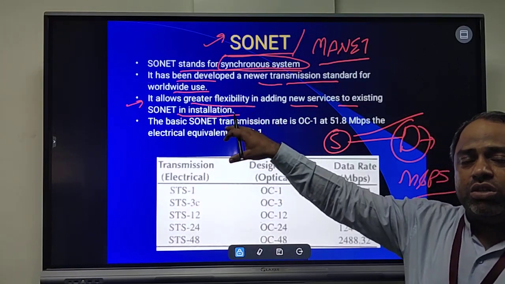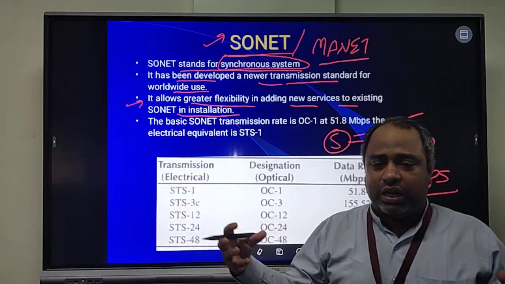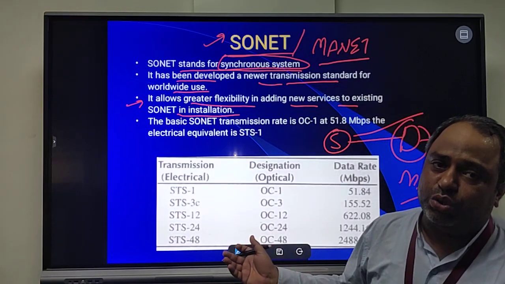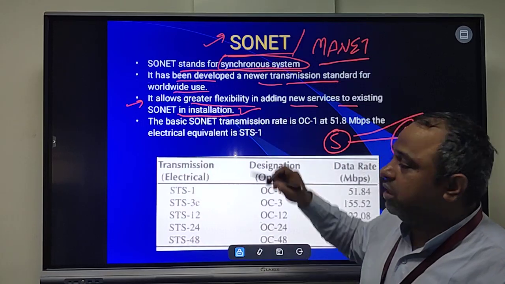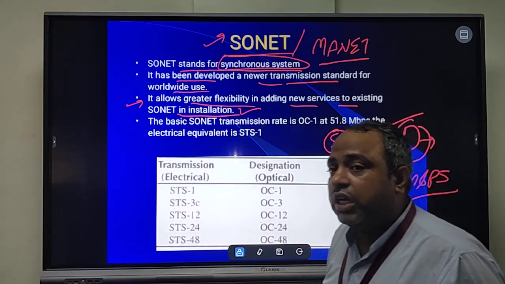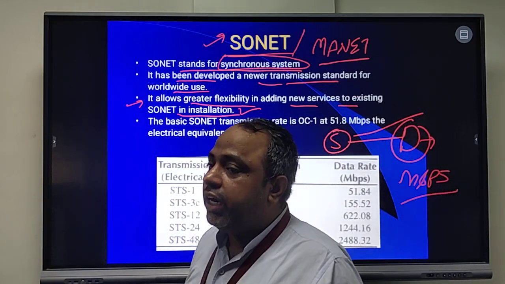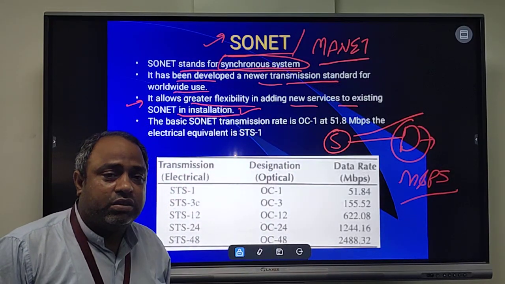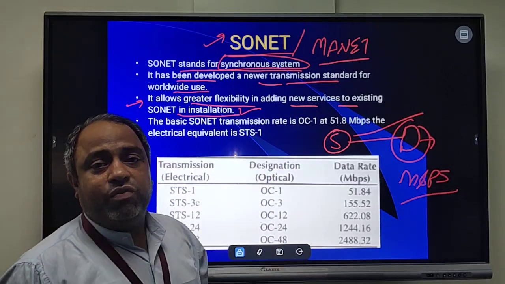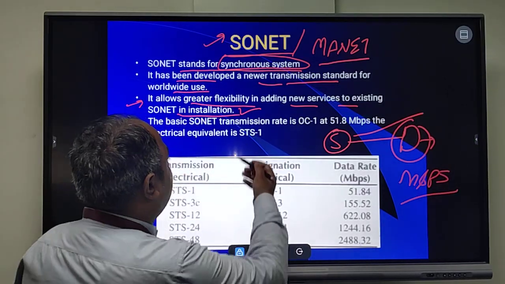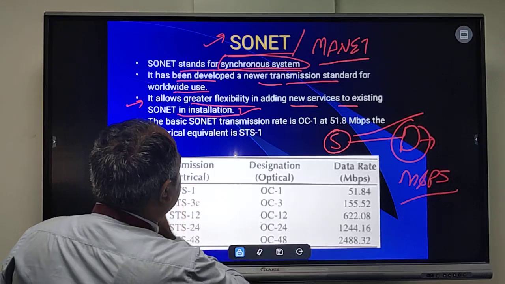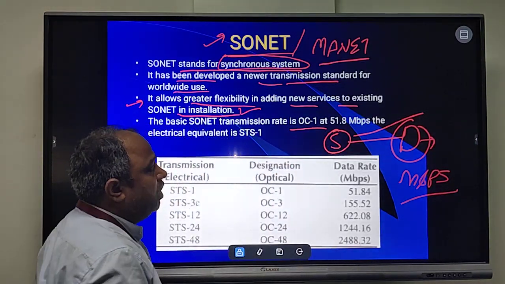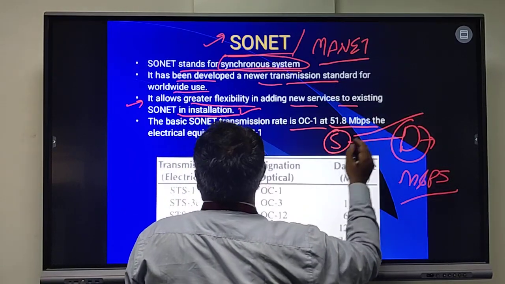And SONET, the synchronous optical network system, is used to collaborate with that data, and during the installation you can utilize the properties of this data. This is one of the greatest flexibilities, one of the greatest approaches of this network, which we can access for transferring information very effectively and efficiently from one part to the other parts. Now the basic SONET transmission rate is OC-1, optical communication 1, which is 51.8 Mbps,